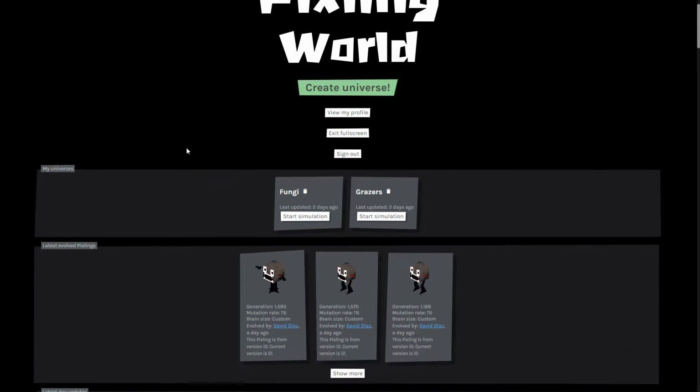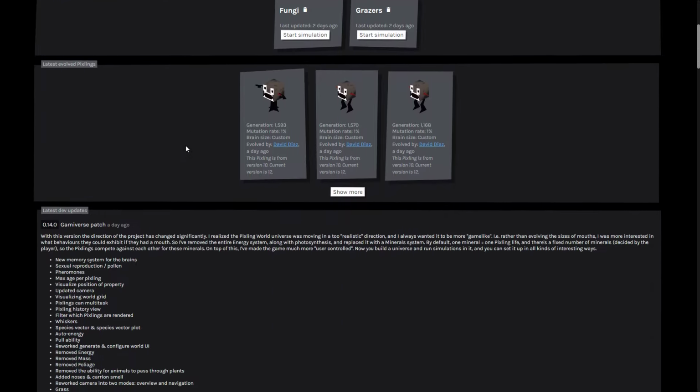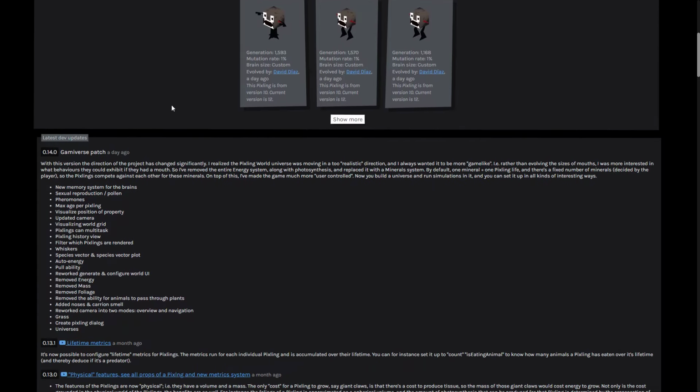So I've been busy making a pretty huge patch the past couple of weeks, and it all started with me feeling like Pixling World wasn't moving in really the right direction. It felt like it was moving in a too realistic direction where the pixelings would mutate the sizes of their mouths and very small, very linear changes,